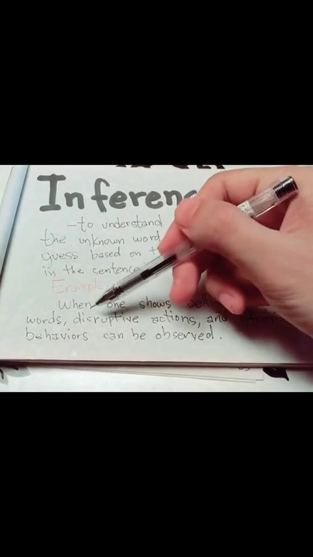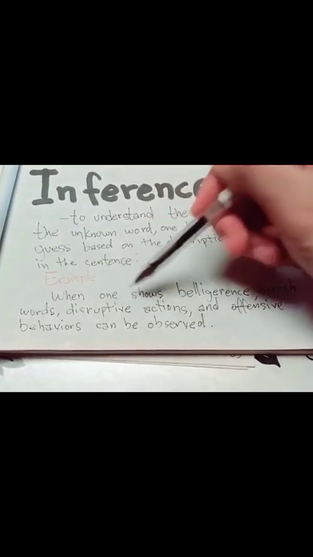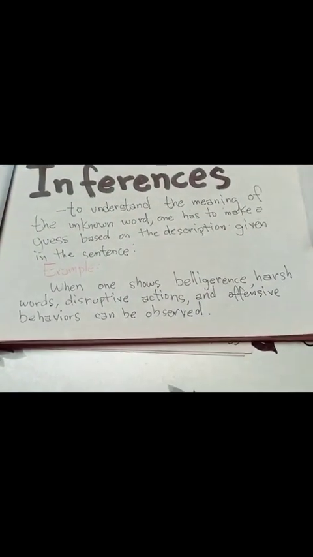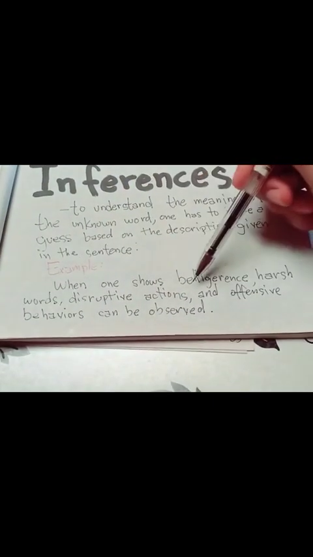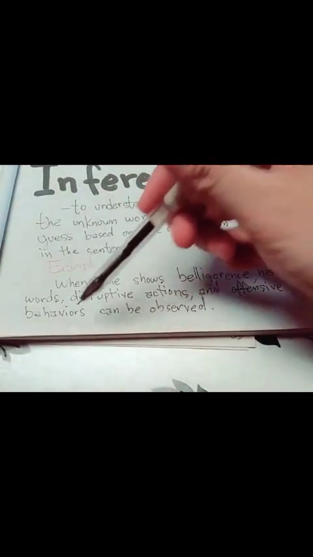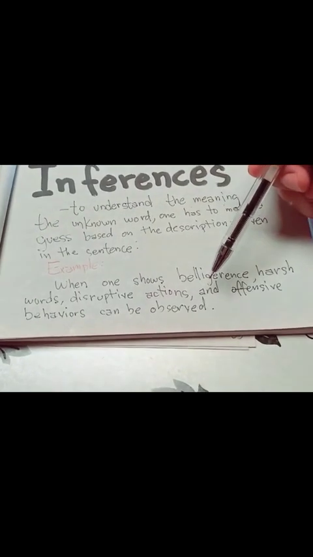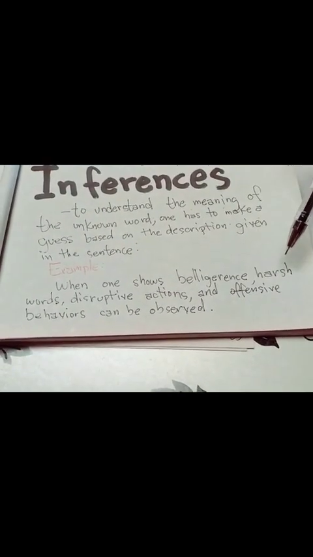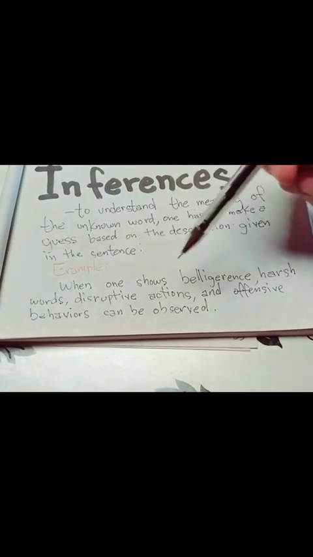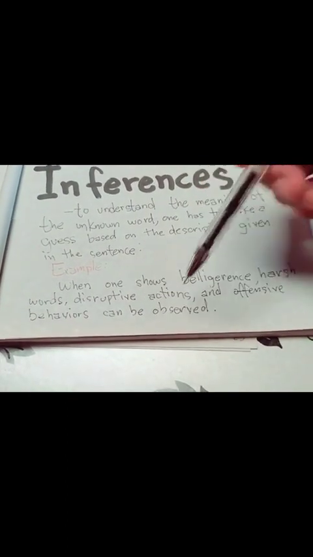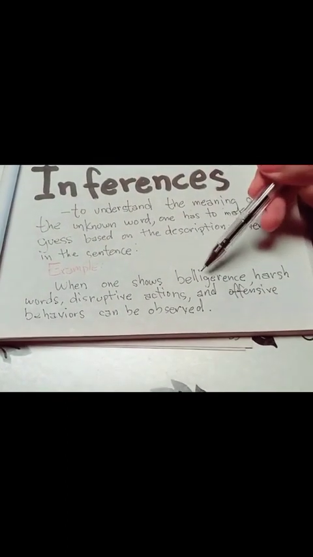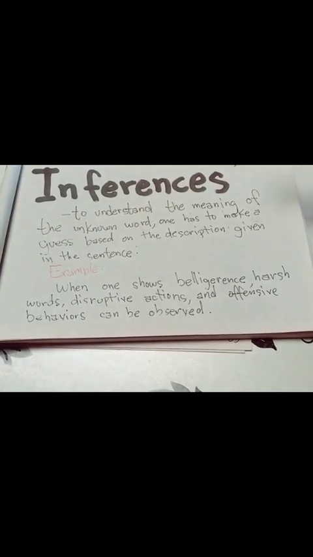So here, in our example natin, when one shows belligerence, harsh words, disruptive actions, and offensive behaviors can be observed. So from this description, harsh words, disruptive actions, and offensive behaviors, we can actually say that belligerent is something aggressive,